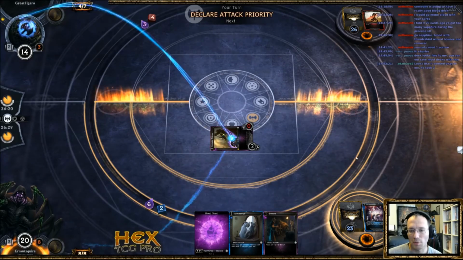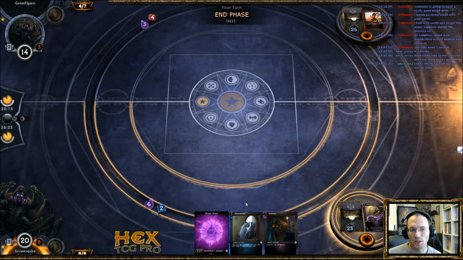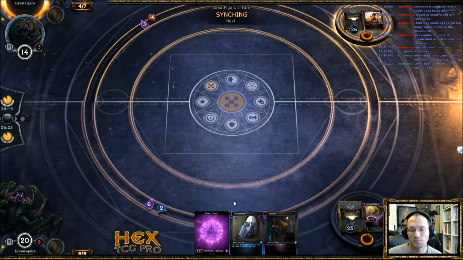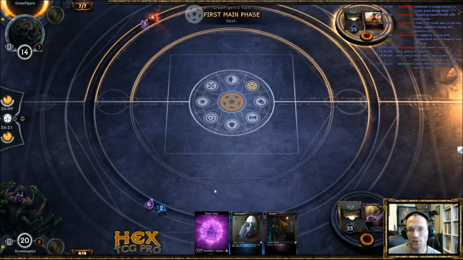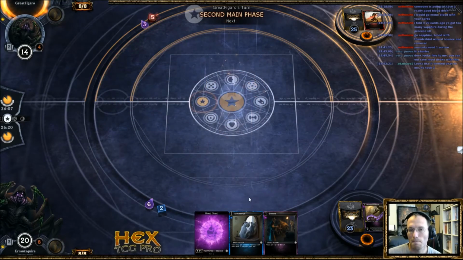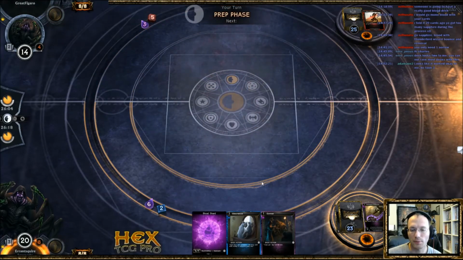So Countermagic would have been better for that, because then it could have saved me that, and I would have had aggressive plays. So we'll just go ahead and pass priority. Hope we draw something else that's aggressive here. Looks like we're both in top deck mode, but I'm a little bit ahead on the life, so should be